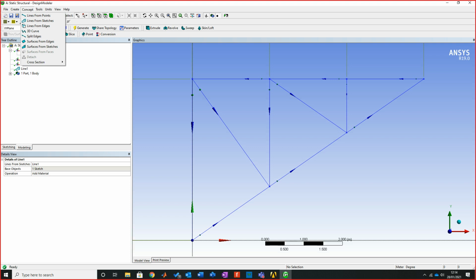Oh, there we go. So you see we're on Concept. I'm going to come a little bit further down. Keep going down. Keep going down. Cross section. What is your cross section? We could do circular. We could do a rectangular box section. We could do Z sections, L sections, anything that you really want to do. It allows you to do some really cool stuff. It's quite impressive, and it is quite old, is this. So I'm going to go circular tube,